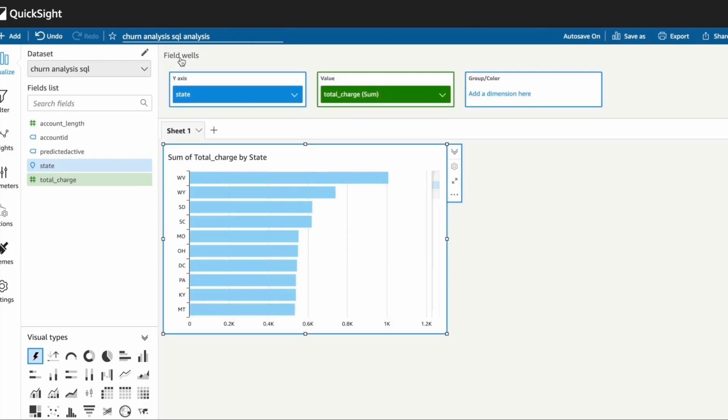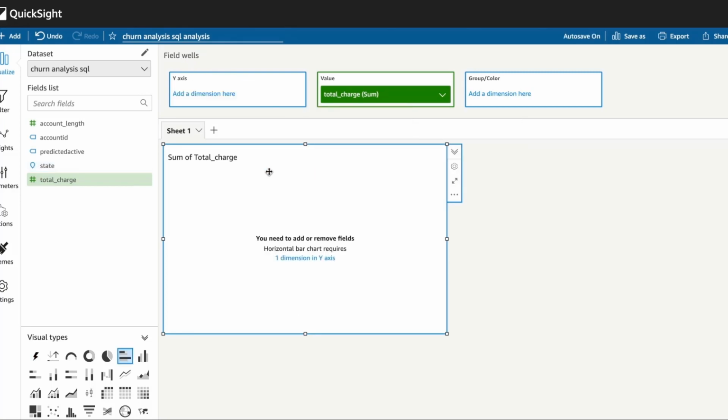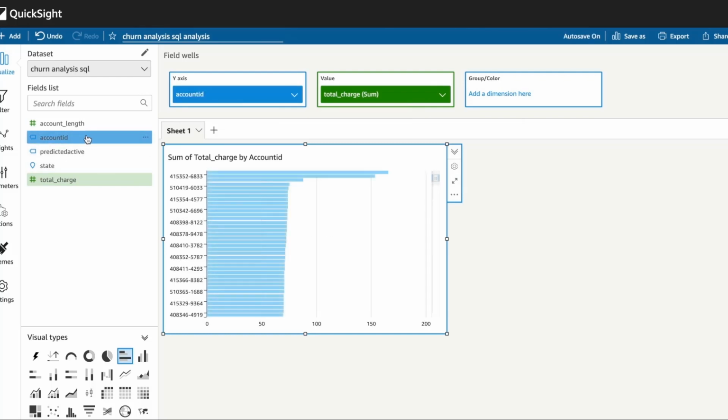Now, she wants to look at it at the account ID level to see if anything stands out there. She quickly is able to tell that there are a few customers with much greater monthly spend that are predicted likely to churn. As you can see, these average monthly spend values are much higher than the next closest customers. Marie has now been able to easily identify high impact customers, and they can now put together a program to reach out to these customers. This has illustrated how quick and easy it is to gain insights using Amazon QuickSight.